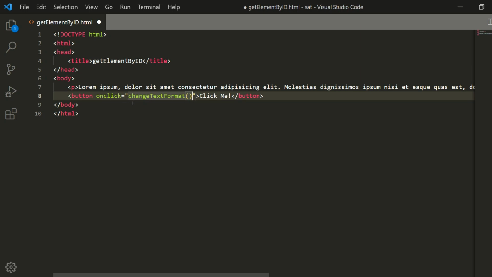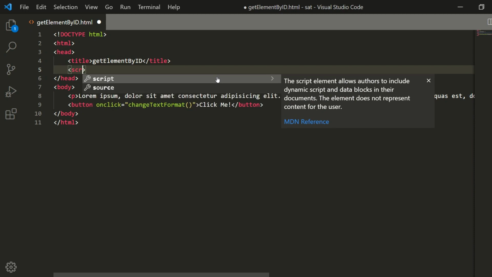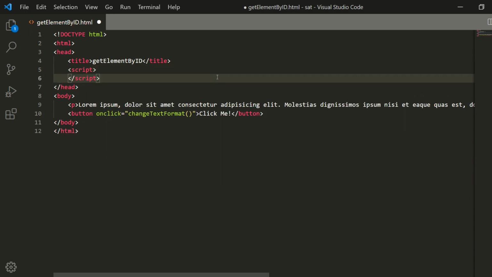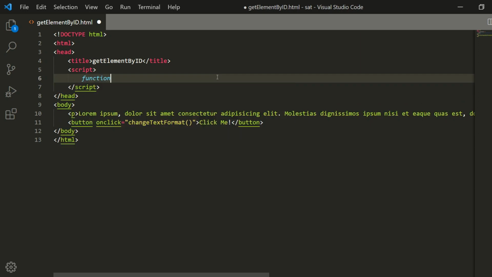But the problem is that the function is not defined anywhere. So I will head to my head and I will create a script there. It is JavaScript, and in that I will define this function. As you have seen in the previous sections how we can write JavaScript functions, that function is the one we are calling after clicking that button.